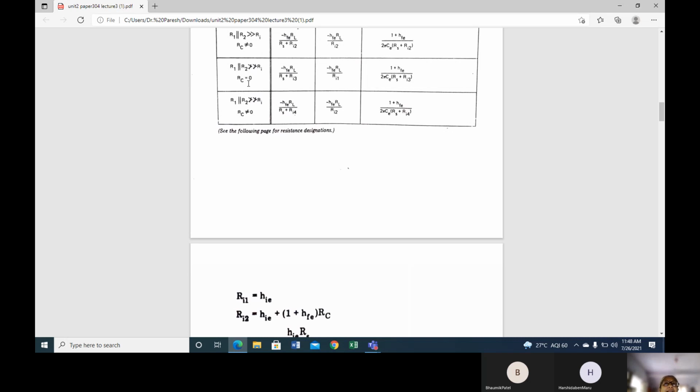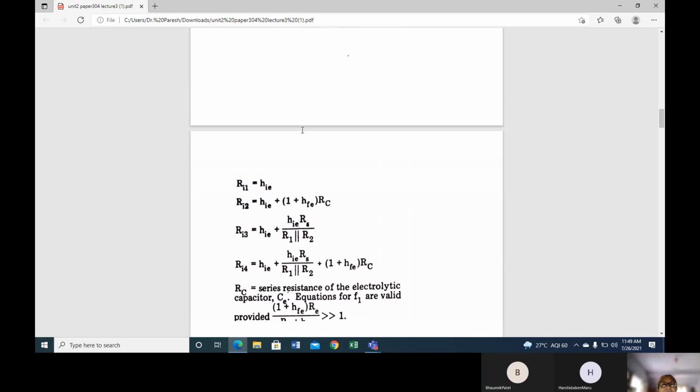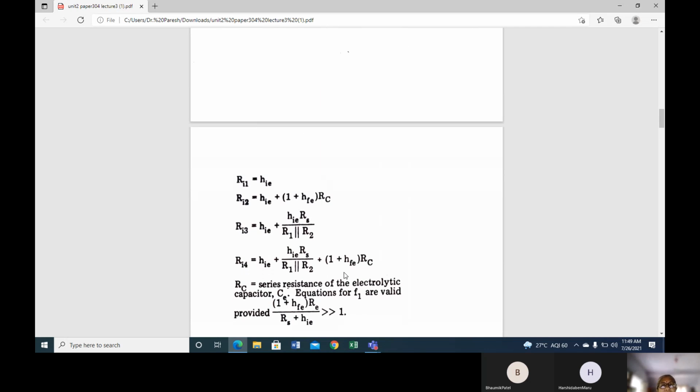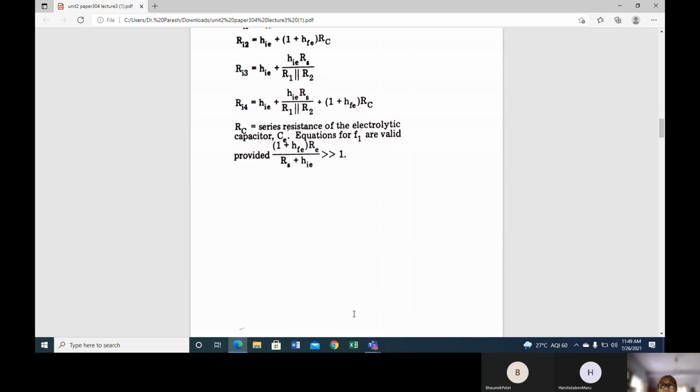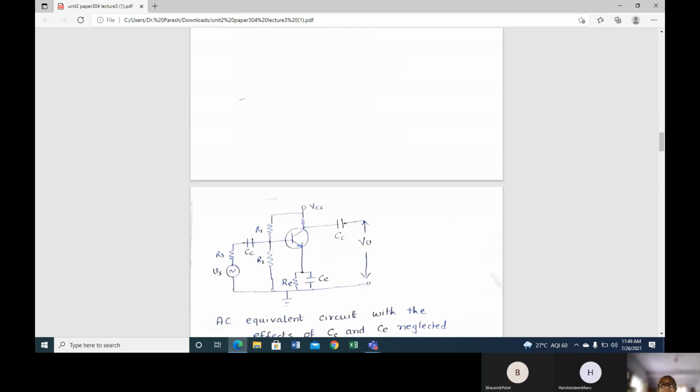And similarly, both of these are there. Then you have this Ri4, where both of them have to be taken into account, and this is the value of Ri4. See, RC is the series resistance of the electrolytic capacitor CE in this particular case. These equations for F1 are valid only if this particular term, we have already seen this, 1 plus HFE RE upon Rs plus HIE, is very much greater than 1. You don't have to memorize all this, but just need to know